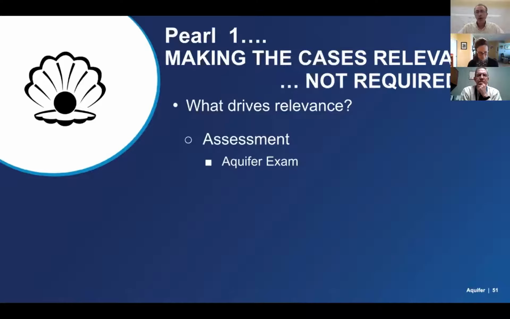I know that every question on your final exam can be found somewhere within Aquifer Family Medicine, because the people who write and validate the test questions take the content from the course to write those questions. As the senior director, having gone through all the exam questions, I know for a fact that every single question is found somewhere in a teaching point in one of the cases. That doesn't mean it's